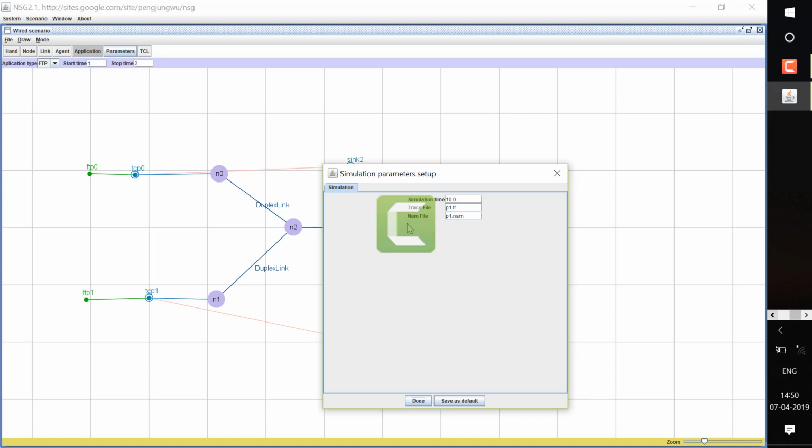Using these two files you can analyze the performance, or you can view the simulation, which we will see further. To avoid confusion, I have named the files f1.tr and f2.tr. Let the simulation time be the same.